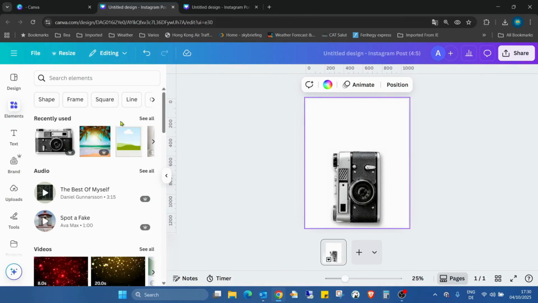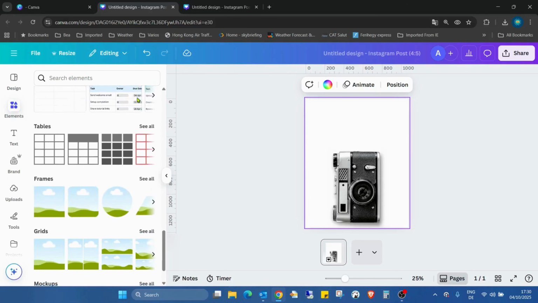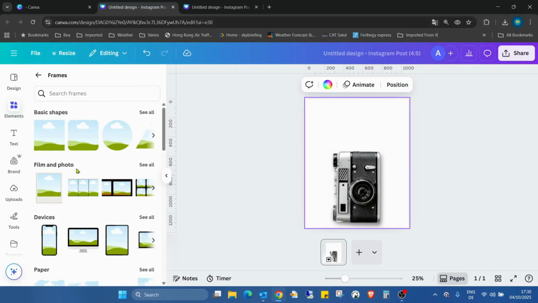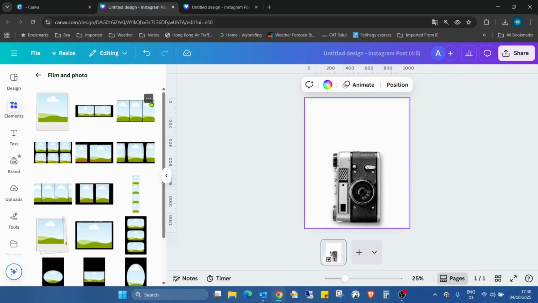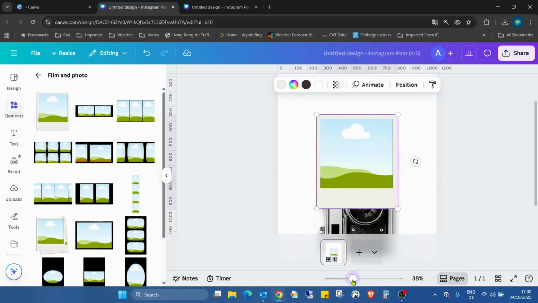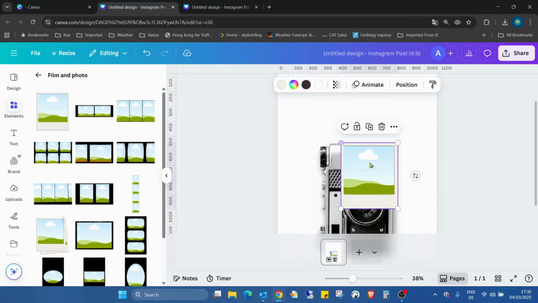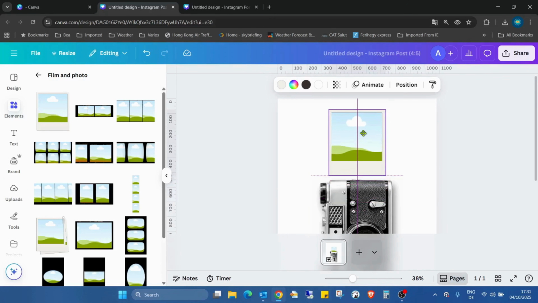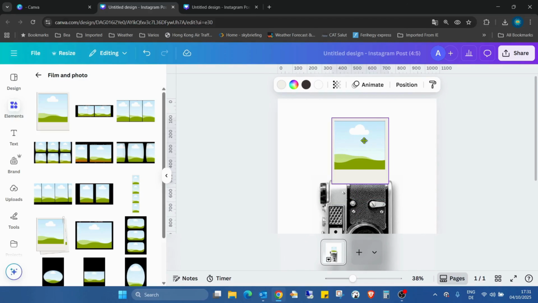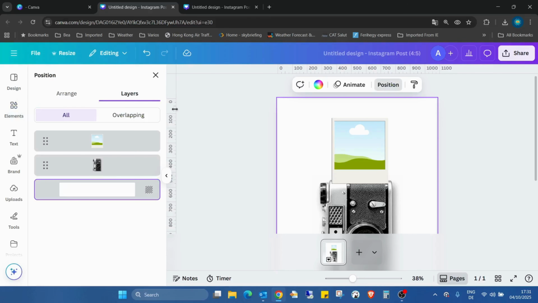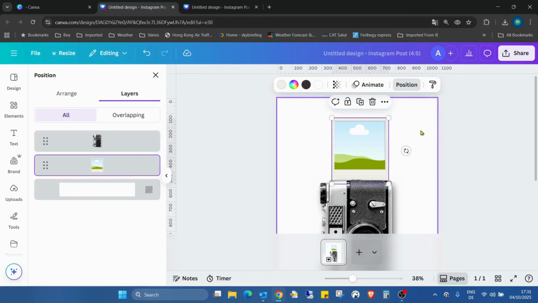And now going back to the elements, scrolling down to the frames and film and photo, see all. But actually the first one was already good. And increase the size a bit and looking for the perfect size like this. Position, moving behind the camera,